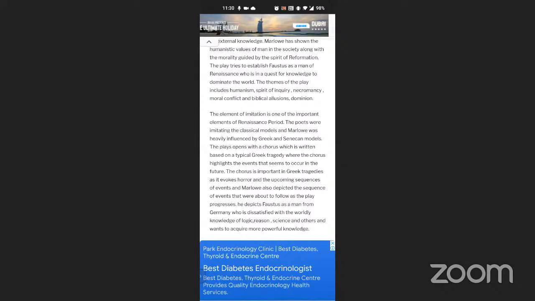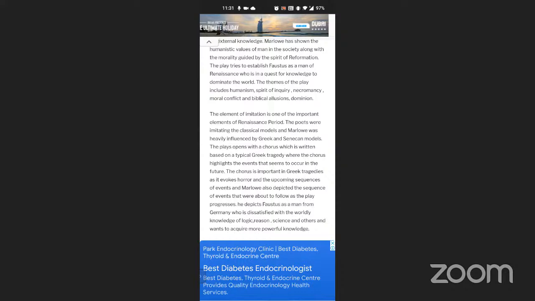The play opens with a chorus, written on the typical Greek tragedy, where the chorus highlights the events that are to occur in the future. The chorus is important in Greek tragedies as it evokes, chorus, what is chorus? Imagine a play is happening here on a stage, and people are coming and playing their roles, and then in between, chorus people used to come. Chorus means those people used to come in a break and entertain people. Okay, let's be simple. It evokes horror and the upcoming sequence of events,